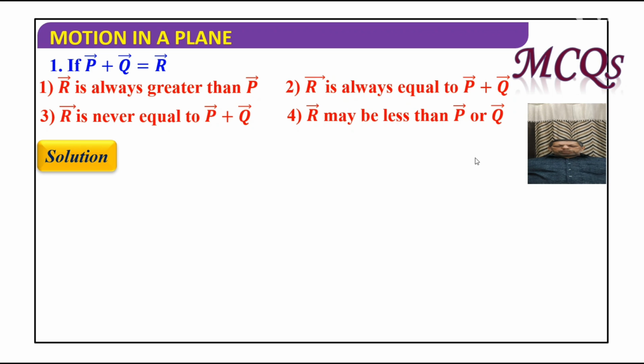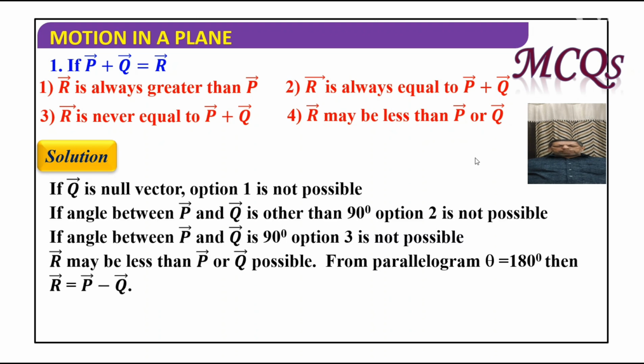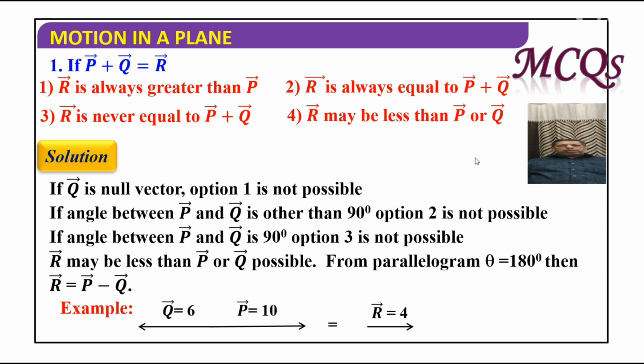Now let us see the solution. If Q is a null vector, then option 1 is never possible, because it says R is always greater than P, which is never possible. If the angle between P and Q is other than 0, option 2 is never possible. If the angle between P and Q is 90, then R is never equal to P plus Q. So the fourth is the correct answer, R may be less than P or Q. This is possible because from the parallelogram theorem, if theta is 180, then the resultant is equal to P minus Q, so